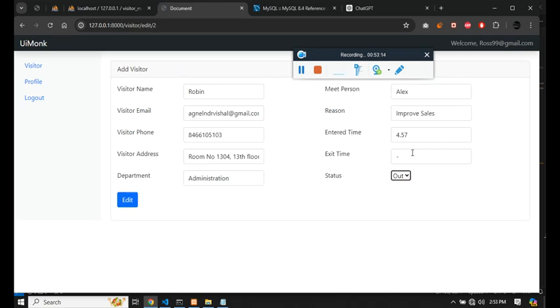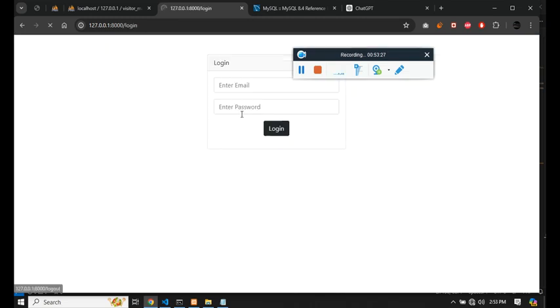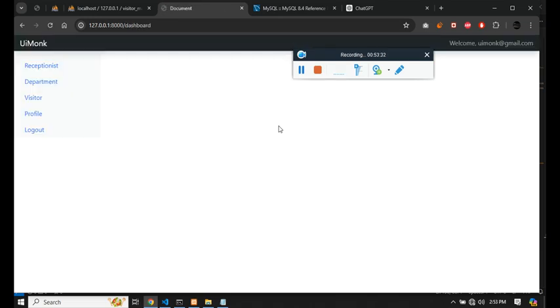He is out, and the out time is 9 o'clock. And if I click on edit, it's out, the status is out, and entered by ROS. If I click log out and log in by UI Monk, the super admin, in the visitor section,